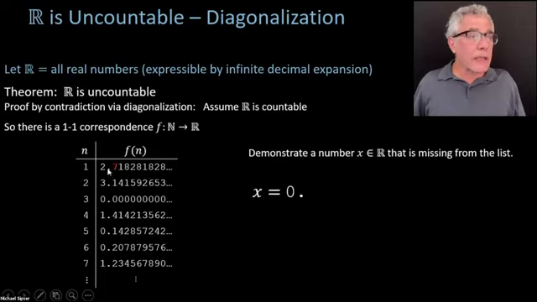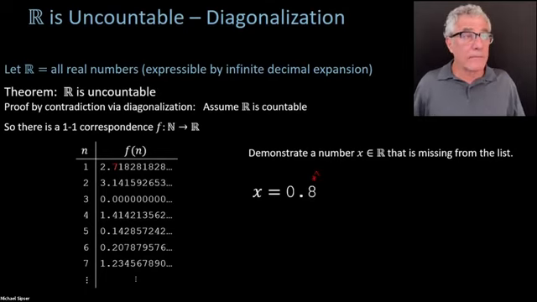To get my first digit after the decimal point of x, I'm going to look at the first digit after the decimal point of the very first number. So I take the first number, look at the first digit after the decimal point, which happens to be a 7. And the number I'm going to put in for x is not going to be 7. It's going to be anything except 7. Let's say